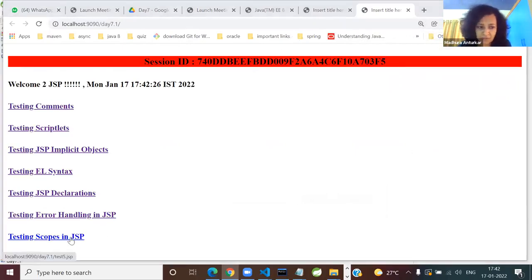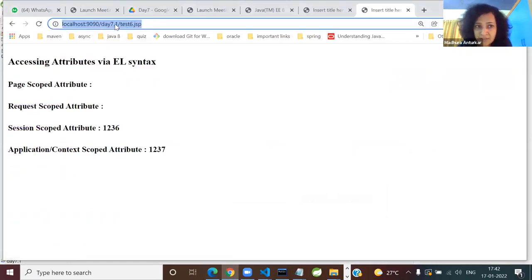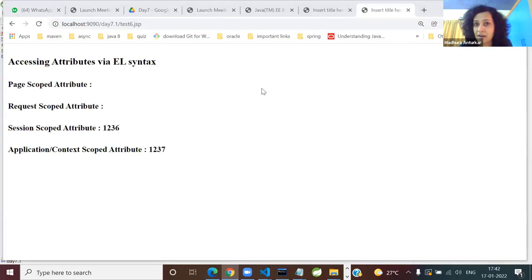So here, first observation, the second request, inspect tool. 2 requests are coming from the client, and as estimated, page scope is over. You are in test6.jsp. The earlier request was also over, but the session scope attribute works, and so does the application, which is the context scope attribute. Understood? Making sense?